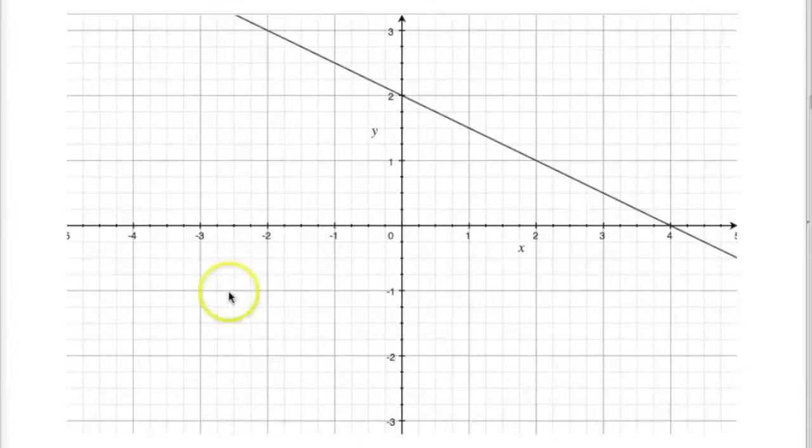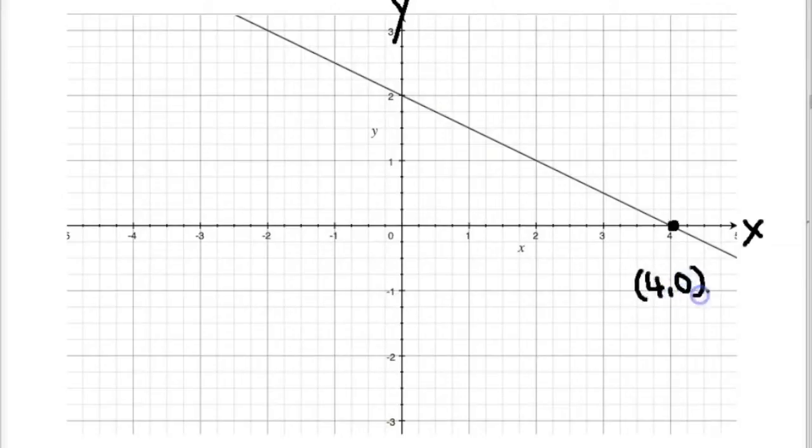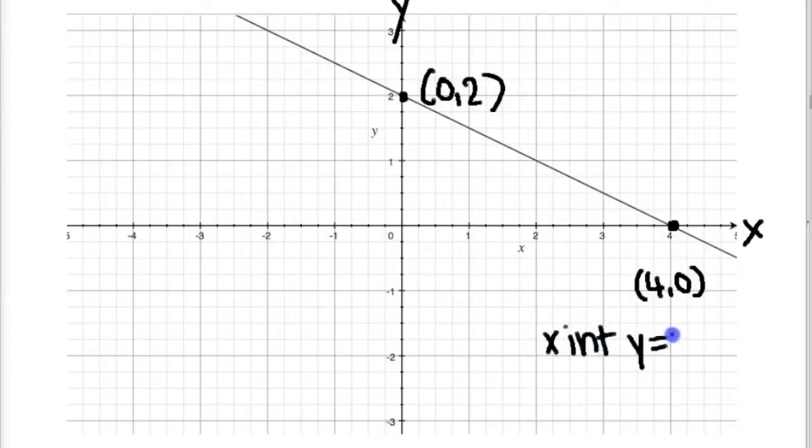So I'm going to show you a quick example of what an x and y intercept is. So here we have a graph, and let's say it asks you to find the x and y intercepts of the graph. So to find the x-intercept, this is the x-axis, and this is the y-axis, and to find the x-intercept, you're going to find where this line crosses the x-axis. And that's right here, and the point is 4, 0. And let's say it asks you to find the y-intercept. You're going to find where the graph crosses the y-axis, which is here. 0, 2. And as you can see, what I said before about x-intercept, y equals 0, so y equals 0